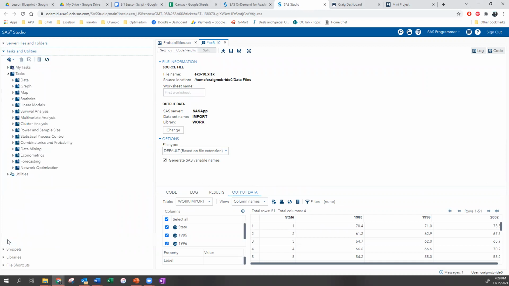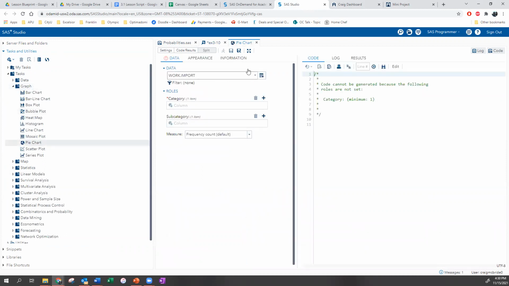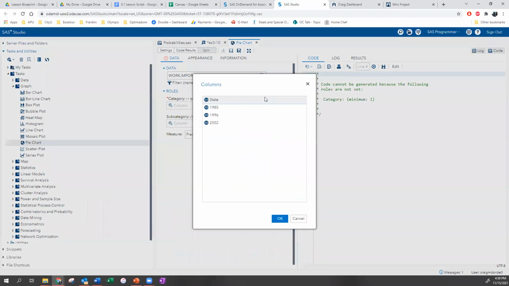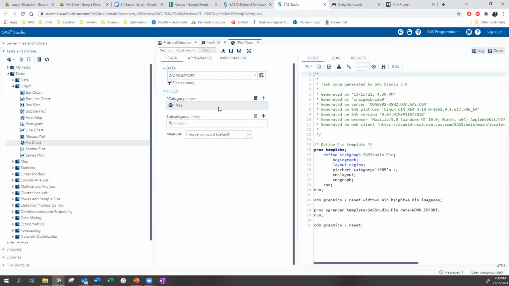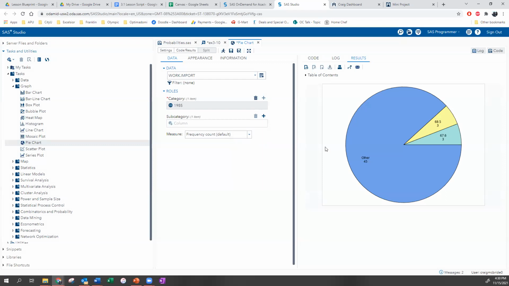Okay, so tasks, graph, pie chart, and I'm going to run it on the 1985 data, and this is going to look terrible, but I just want to show you. And there's my pie chart. Okay. Please don't take a screenshot of the whole screen. Take a screenshot of just this little rectangle that the pie chart's in and put that in your Word document.